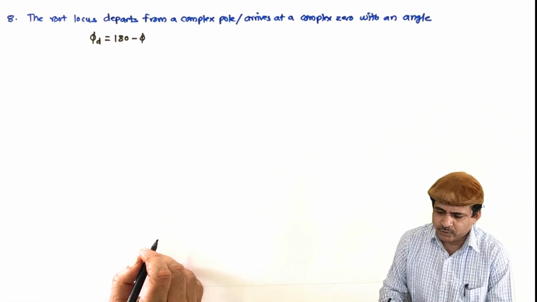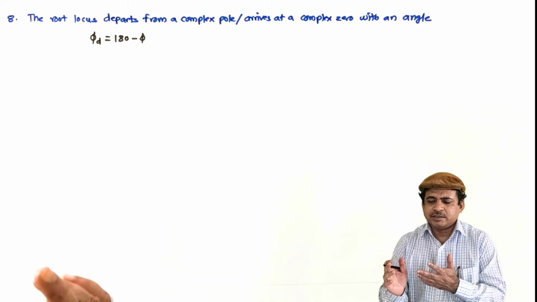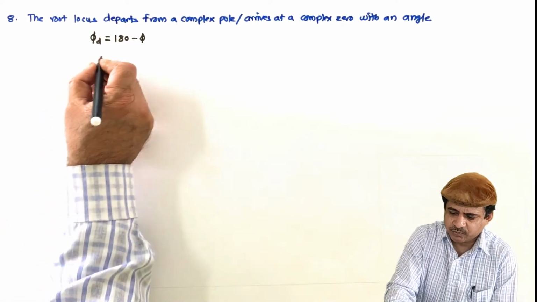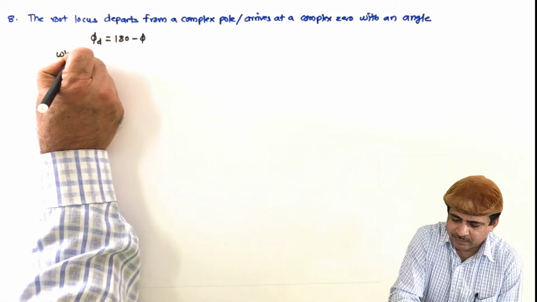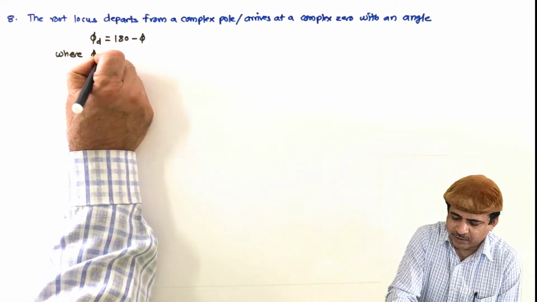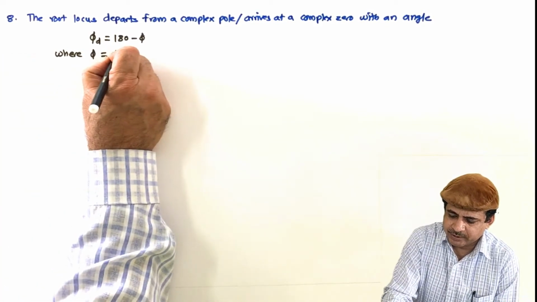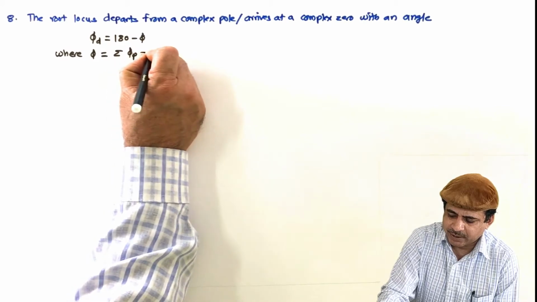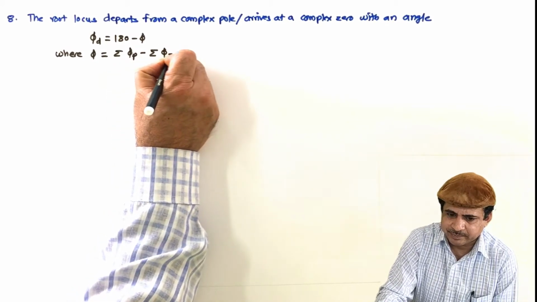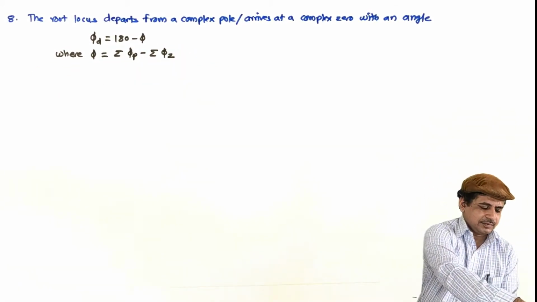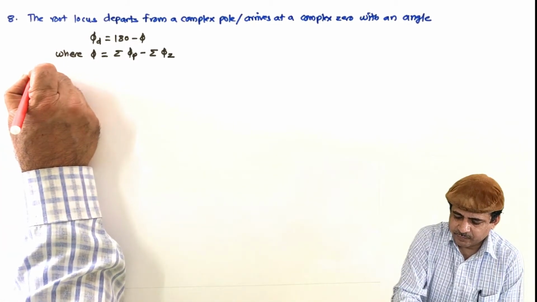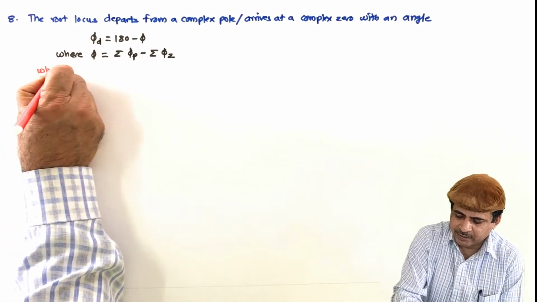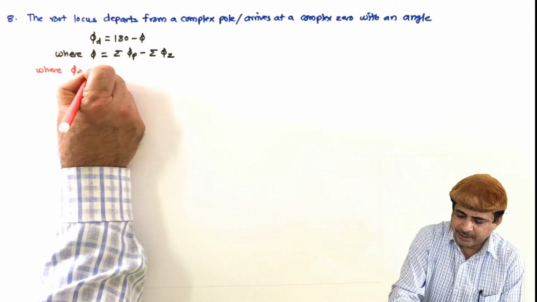And what is this phi? Phi is equal to summation of phi p minus summation of phi z, where phi p and phi z